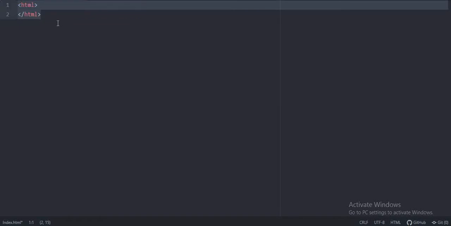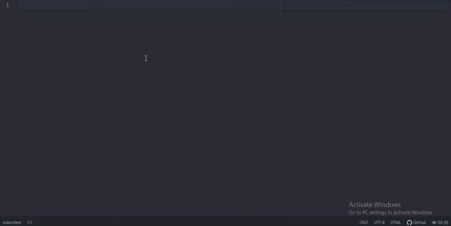Now before you write anything here, okay? And after you finish, you have to open it in the browser. So I have opened this in my browser here. As you can see, it is blank because we haven't put anything here. But when we put something here, it will not be blank. So let's go here and put some code.